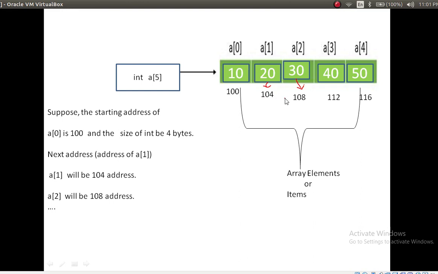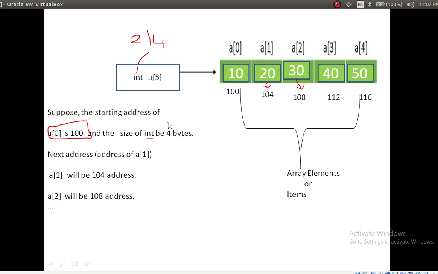So how will this memory be allocated in the computer's memory? Now consider A of 0, the index 0, has the address 100. The size of int is how much? 4 bytes. Here which data type are you using? Int, so it has a size of either 4 or 2 bytes.